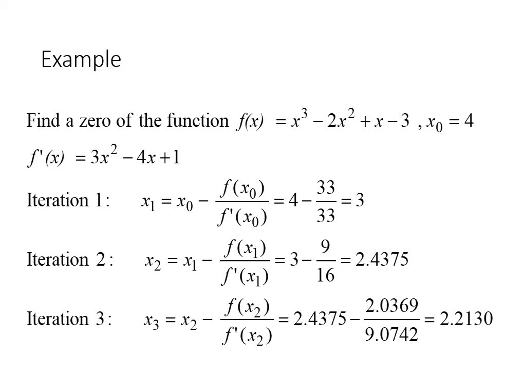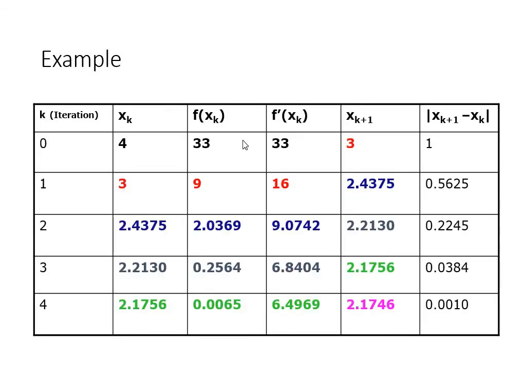using the Newton-Raphson formula. Make sure you pause the video and complete this whole table using the function on our previous slide. For the first initial value, we have got x k naught, which is given by 4. Then the function evaluated at this point is 33. The function is 33, and then